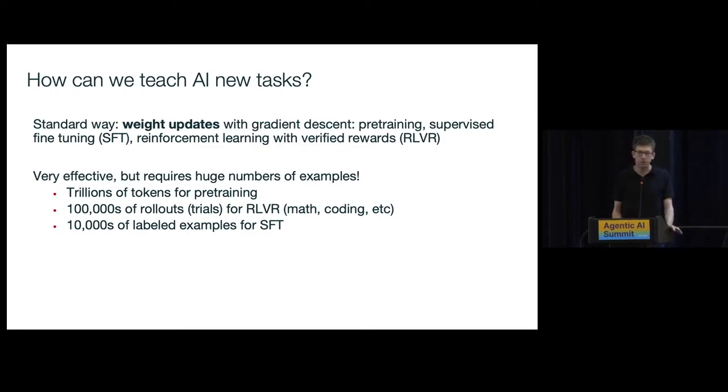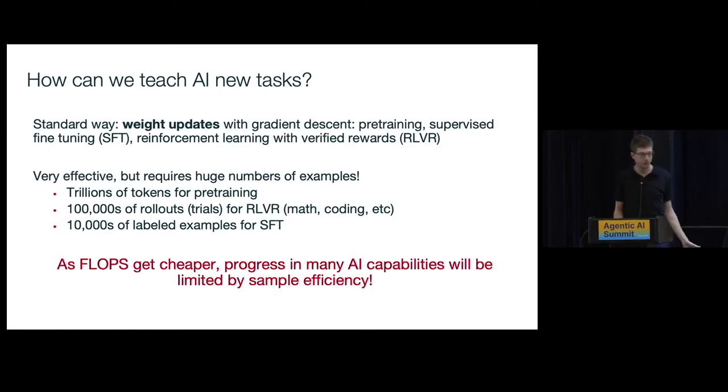So one of the things happening is, as we saw in the earlier session on hardware and infrastructure, flops are getting cheaper, training algorithms are getting better. So this kind of training is going to get cheaper. But the thing that's not getting cheaper is if your task is slow to get a reward from, to run an example and get something from. Like, for example, scientific tasks where you have to run an experiment or something like that. You can't run 100,000 experiments to teach a model something, regardless of how cheap the GPUs are and the data centers and all that.